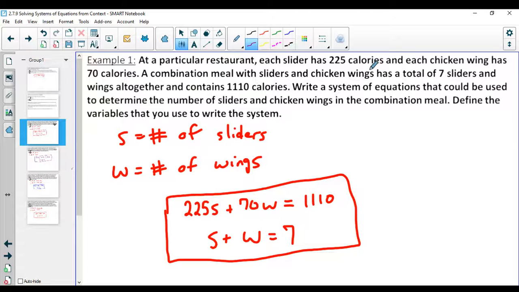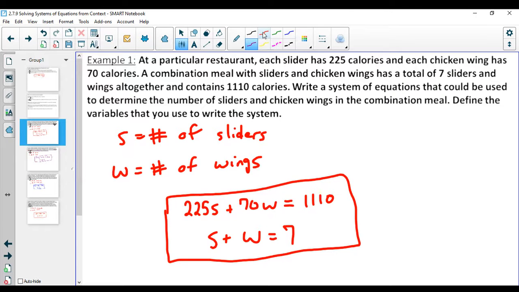At a particular restaurant, each slider has 225 calories. Each chicken wing has 70 calories. A combination meal with sliders and chicken wings has a total of 7 sliders and wings altogether, which contains 1,110 calories. Which